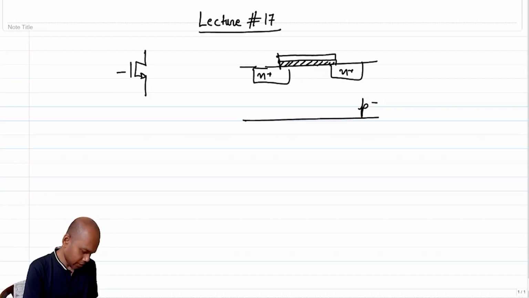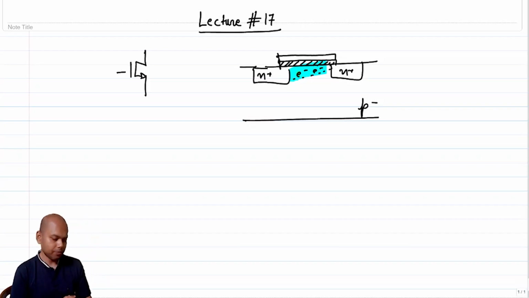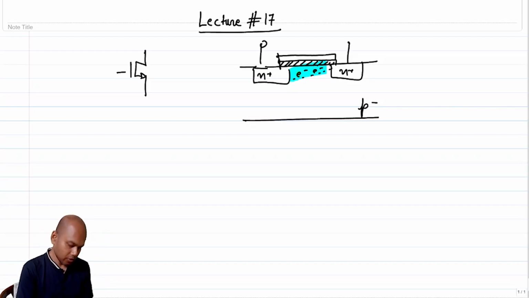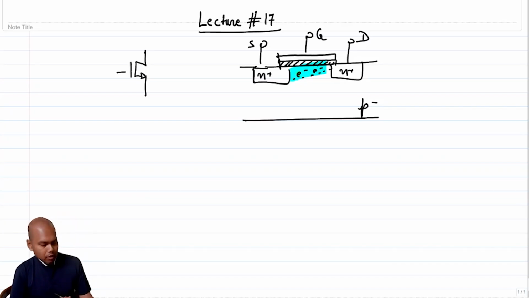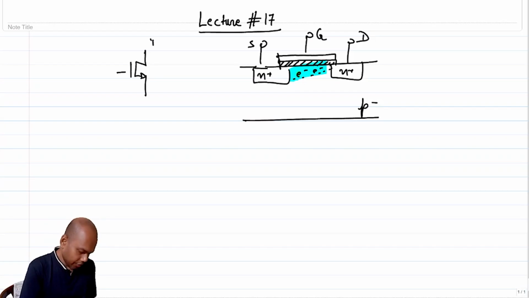You have this channel which has carriers, which are electrons, and maybe you have it near pinch off, right? So this is drain, this is source, this is gate. Similarly, here you have drain, source, gate,